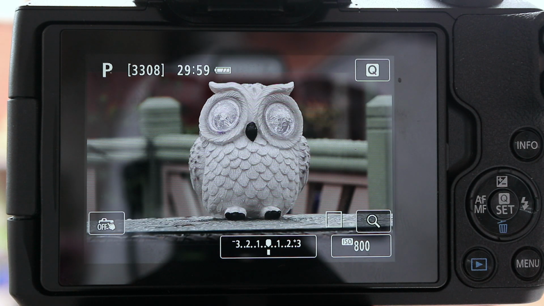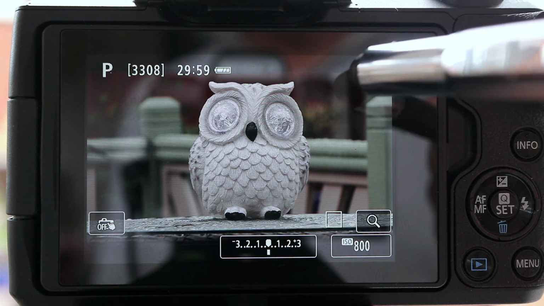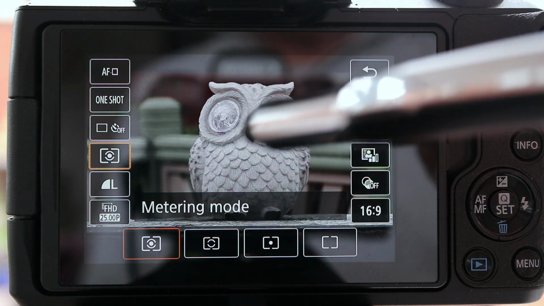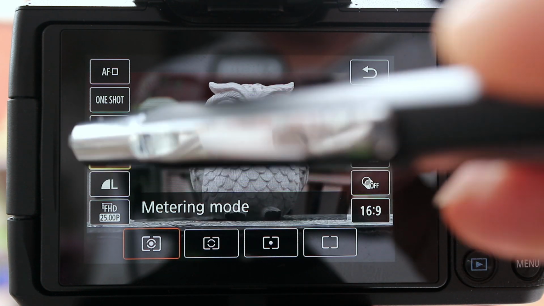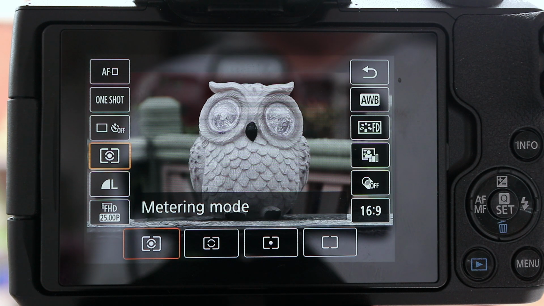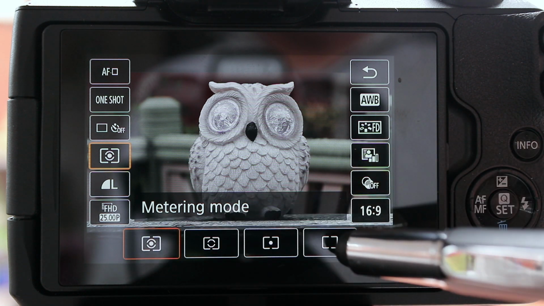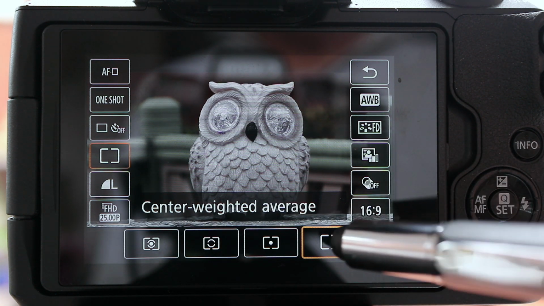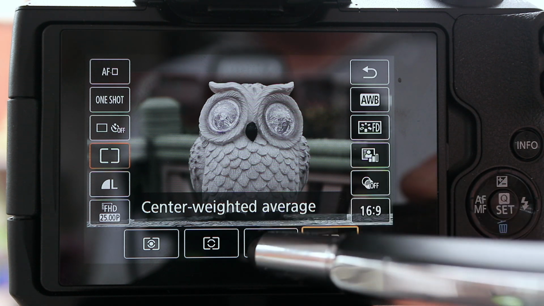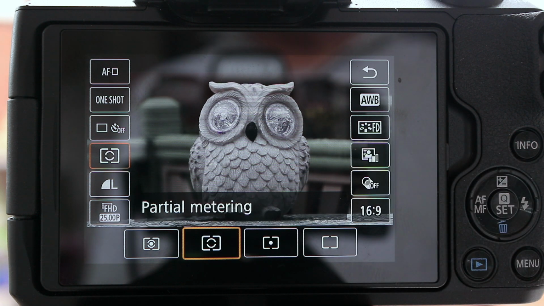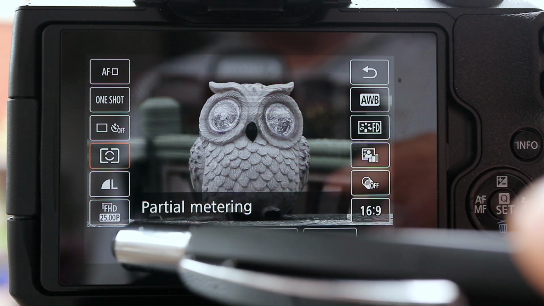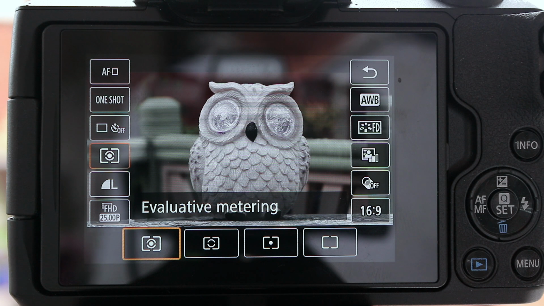Now, the quickest way to get into setting up the metering mode for your shot is to use the quick menu. So if you touch Q on the screen, notice the options you can get with the Q menu. We want the one over on the left hand side, which is the one that's currently highlighted, metering mode. So it gives you the options of using the center weighted average, which is just 2 brackets, the spot metering, which is the small dot, the partial metering, which is a slightly bigger area, and the whole area or evaluative.